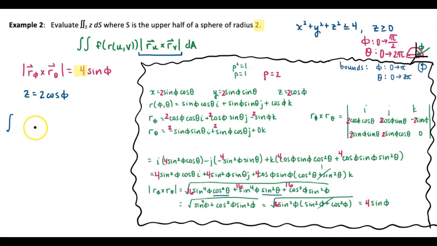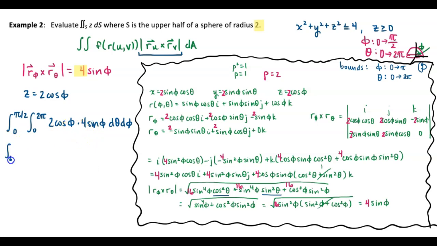Okay. And so now back to our problem. We know that our bounds for phi go from 0 to pi over 2. Our bounds for theta go from 0 to 2 pi. Inside we've got 2 cosine phi times 4 sine of phi, d theta, d phi. And now I don't see anything with a theta inside of it,